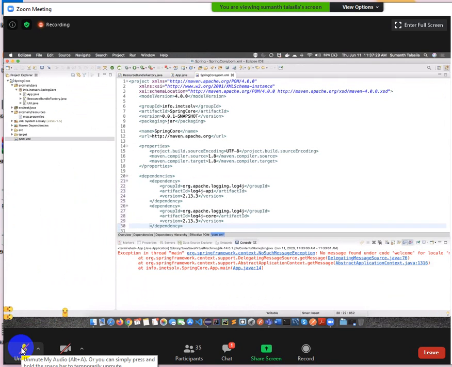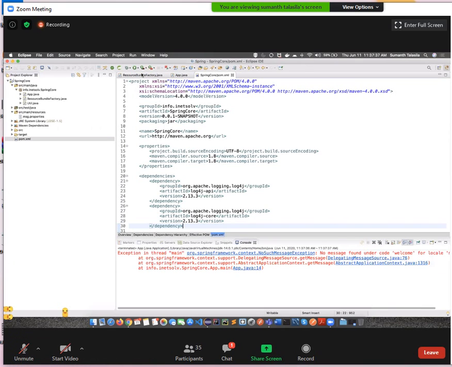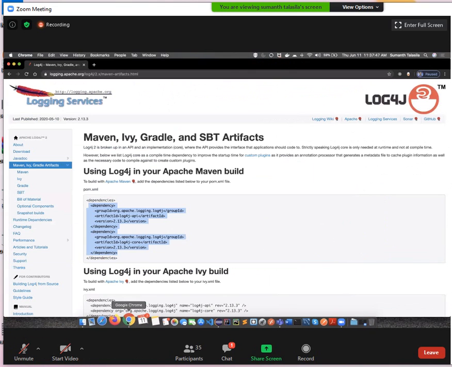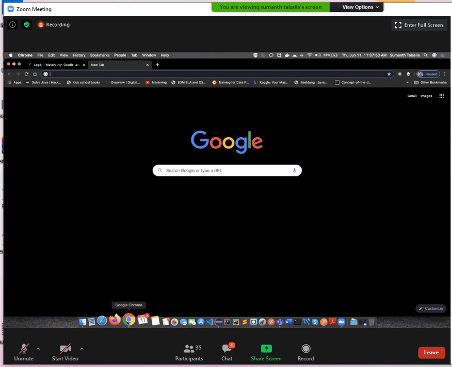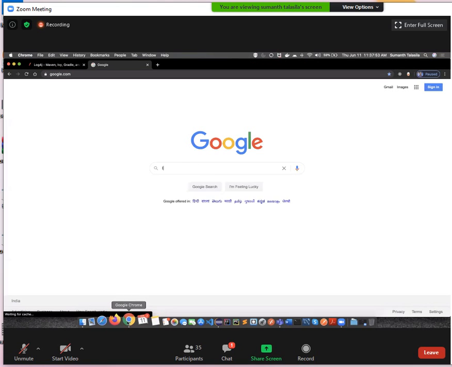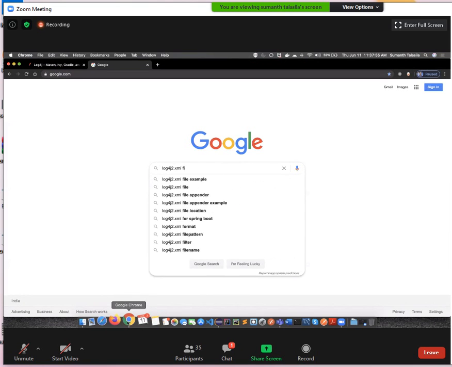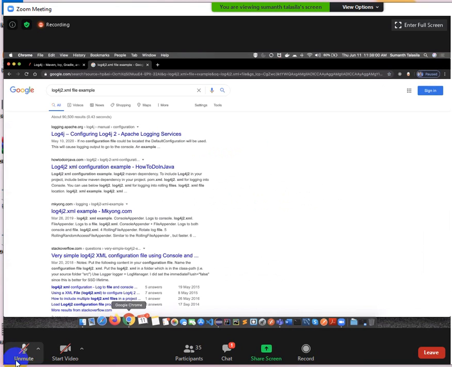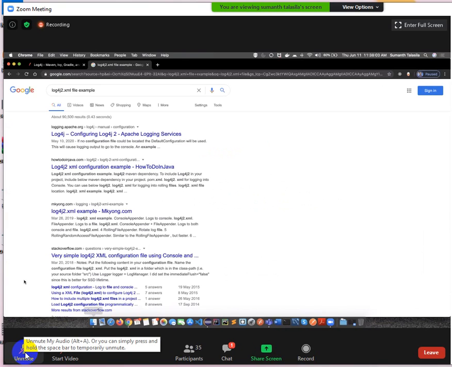Control-Shift-F. After we place this, let us try to run the code and see whether it is working or not. Are we really able to see the messages? No need to use loggers in our projects. One more XML file we have to create, called log4j2.xml. We need to create this file under the resources folder. If you do that, we are going to see all those messages.